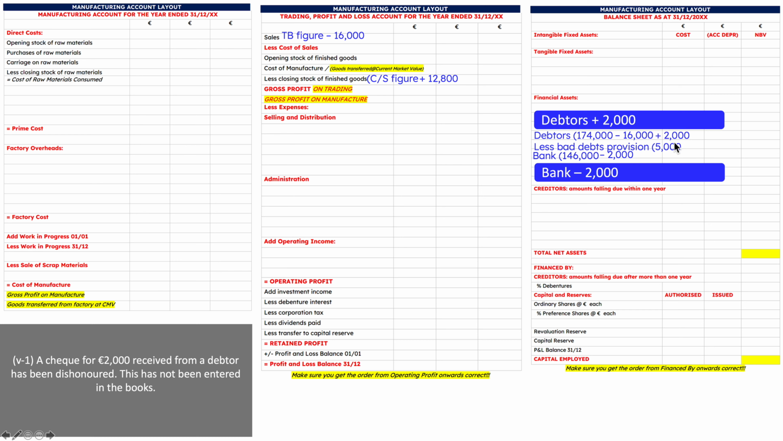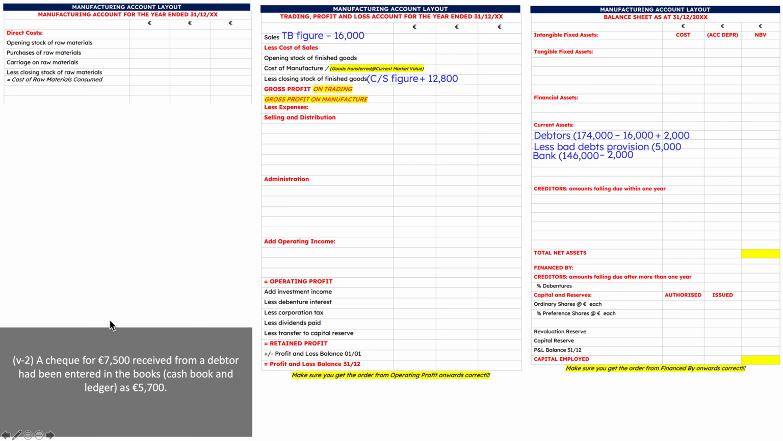So you add 2,000 to the debtors, and then your bank is an asset here. You have to record that the cheque was dishonoured. So you'd previously recorded it going into your bank, and now you have to record it going out. So from the asset, which is on the debit side, we minus 2,000. So that's that part. Then the next part, a cheque for 7,500 received from a debtor had been entered in